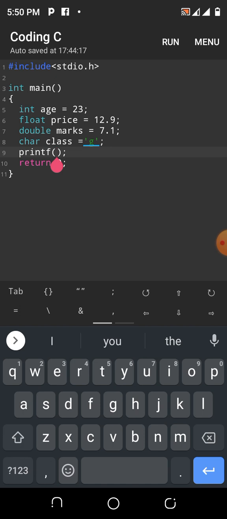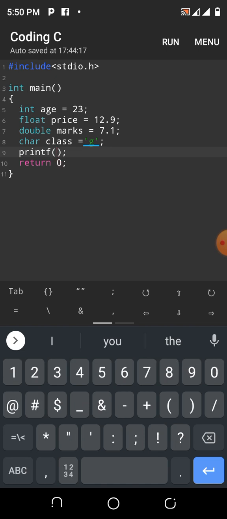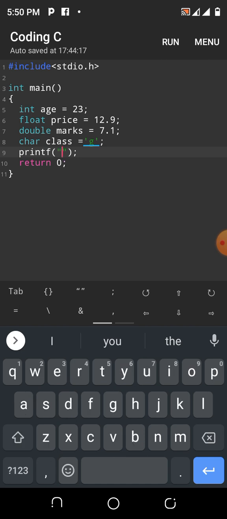Okay, so let's say now that we want to print the age. If we want to print the age, in this printf function, you first need to put the format specifier,